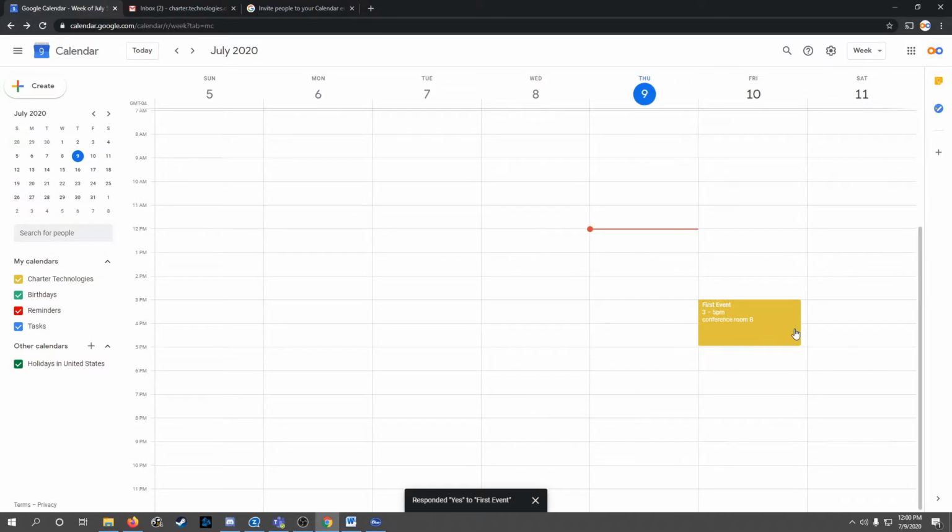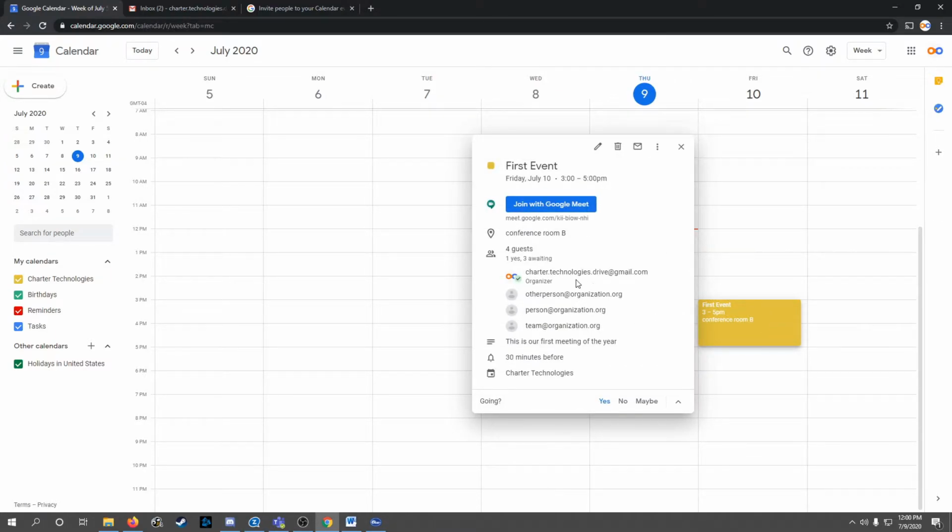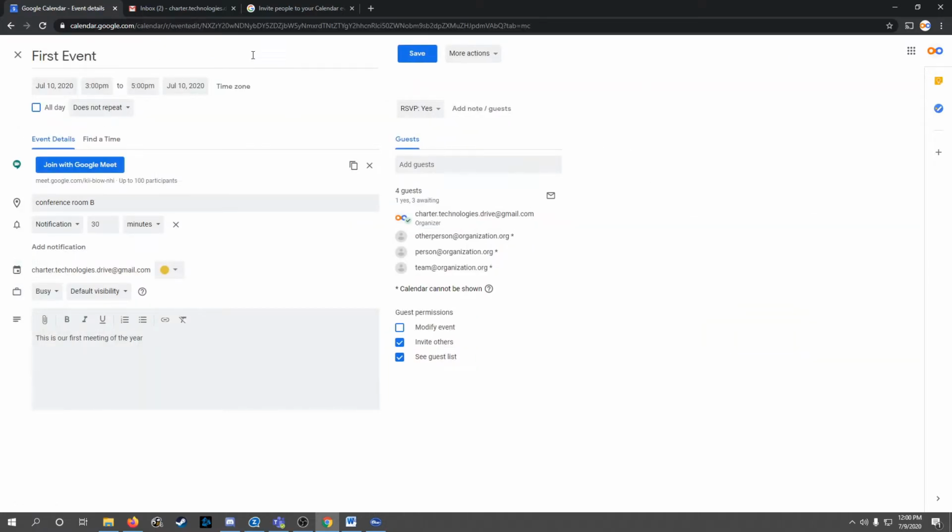So we'll go back to yes. Now, say we've already created our event and we want to add some more people to the guest list. Or we want to change the time. It's like, oh, the event's getting pushed back from, say, 3 o'clock to 3:30. One way that we can do that is we can go to the top, to the little pen icon right here, and click Edit Event. This brings up the Advanced Options section here, where on the right-hand side, under Guests, we can add more guests. So we can add third person